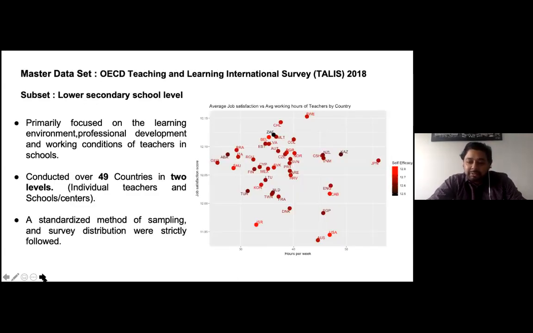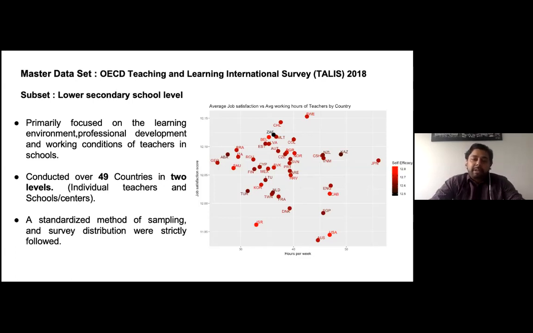Genéa, can you move to the next one? Okay, so here we have actually just a rough idea about the data set and some of the comparisons with the countries. So altogether, there are 3 different levels of sub data sets. We are only concentrating on lower secondary school level, and it is not only math teachers, it's more general, or overall teachers are included in the sample.